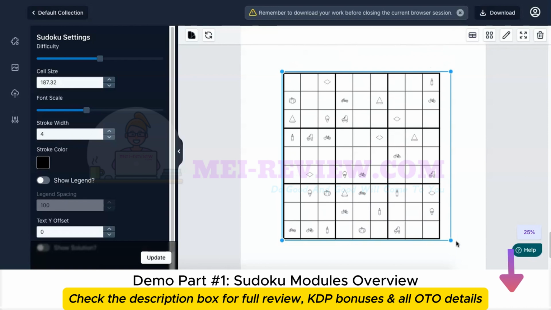We will take a deep dive into the details of it, the nuances of it. We'll understand how you can customize them to get the best effect and probably sell a ton of your Sudoku books. In the next video, we will probably look into the customization options, and